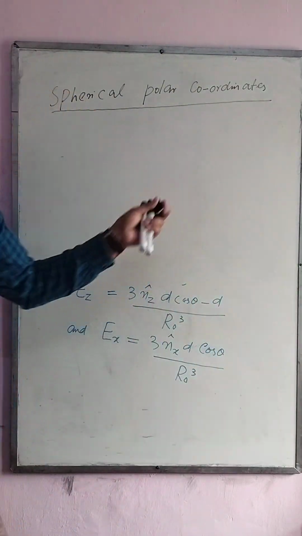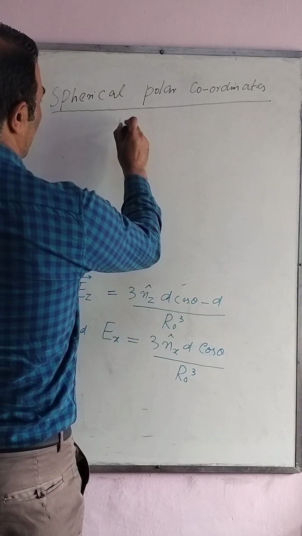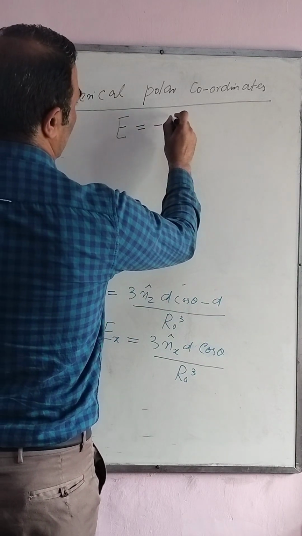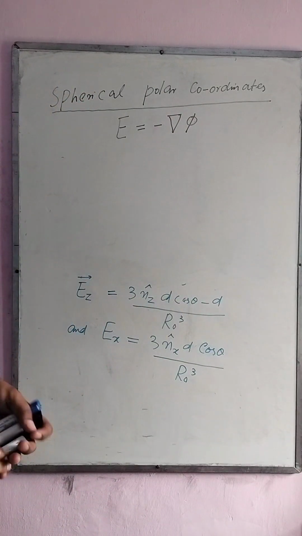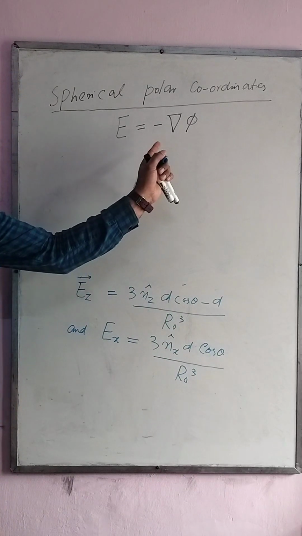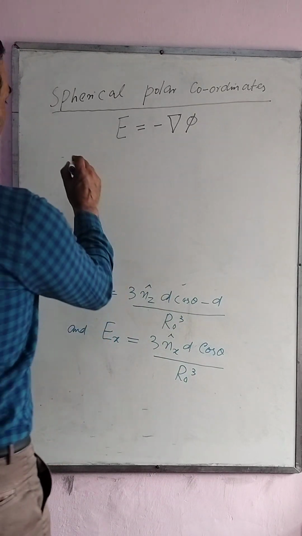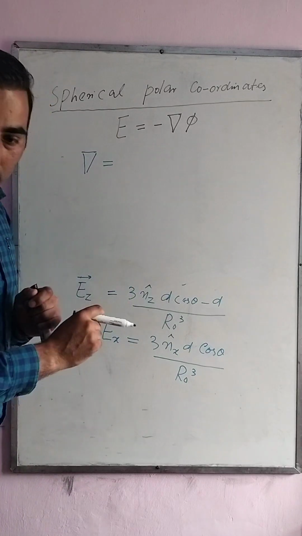That means you need to write that nabla in terms of that. We already know that E is equal to minus nabla. So for spherical polar coordinates, you have to write nabla in spherical polar coordinates, right? So for spherical polar coordinates, this nabla will be equal to